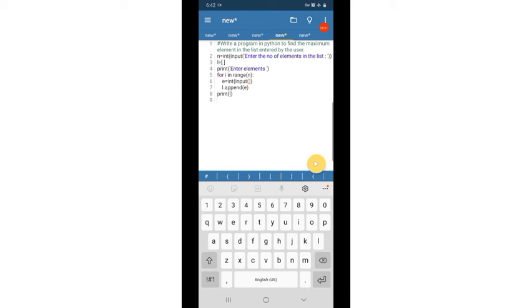Now what we have to do is find the maximum element in the list entered by the user. There is a function called max of list. So we can write print in brackets max of L.